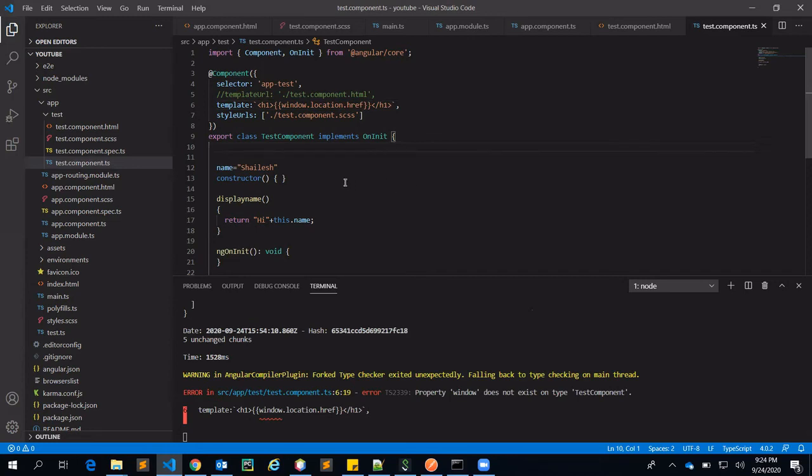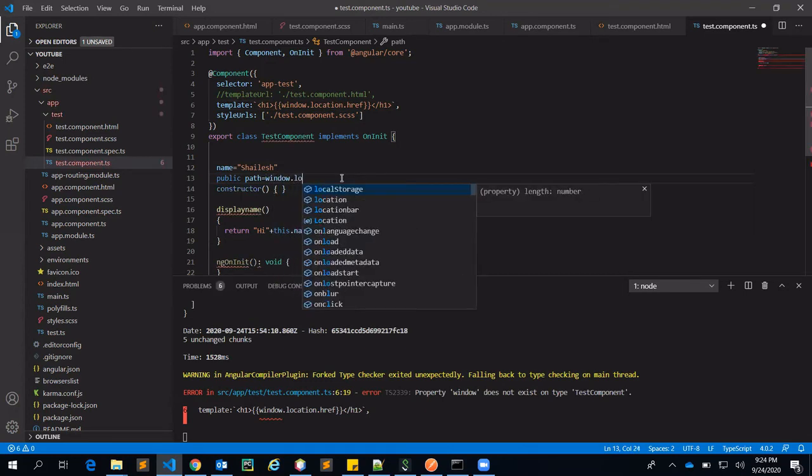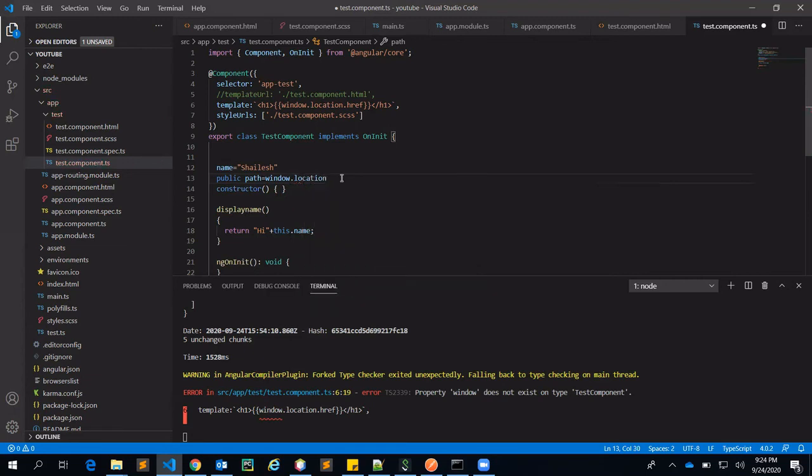So in that case, we'll do the same using a property. I'll declare a public property, just like path, and store the global in it. I'll access the global JavaScript variable location dot href and assign it to this variable path.